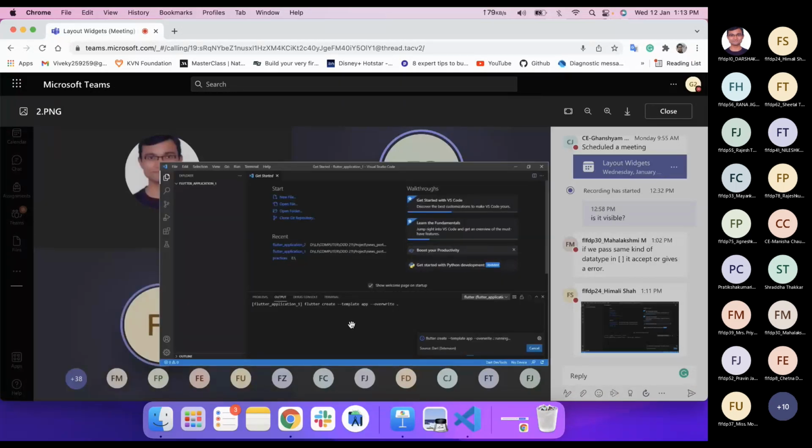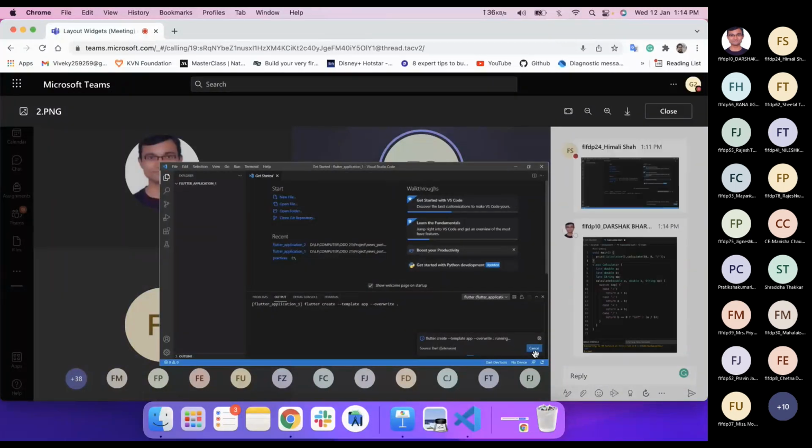I started around 12 o'clock. Okay, I guess that is an issue. So what you can do, you can just cancel here, and write flutter create calculator.